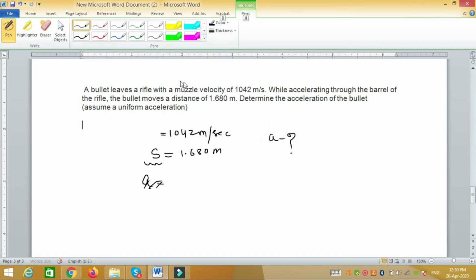Basically the muzzle velocity, you have to understand, is that velocity which, when the bullet fires and leaves the exit, we call muzzle velocity. So this is v basically given to you, and u here is 0 because it starts from the gun. So here its velocity is 0 and here its velocity is the final velocity. So acceleration is very easy to calculate, that is v.